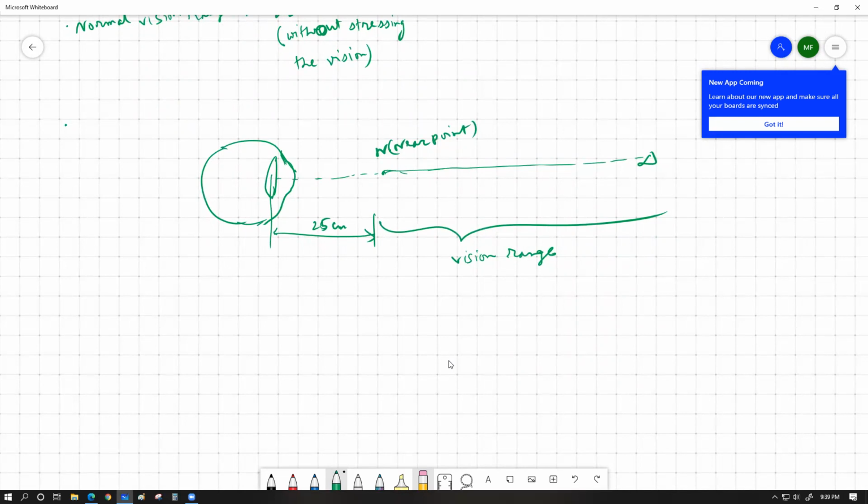So this is the typical vision range for a regular, healthy eye. A regular person's eye, who doesn't have any eye problem, can see things as close as 25 centimeters to the eye without stressing our vision. Stressing our vision means that if an object is placed closer than 25 centimeters,